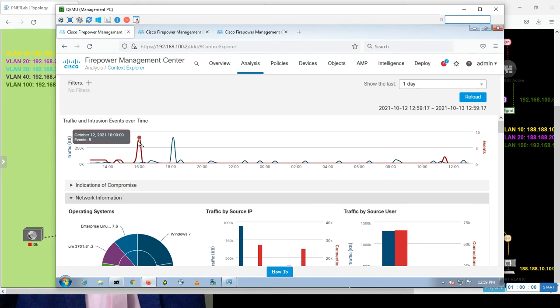So, I think today is the 13th. Yes, yesterday I did this attack. So here the data was normal. Here we were sleeping, actually. And after that, there is an attack here. So if I set it to 6 hours ago,